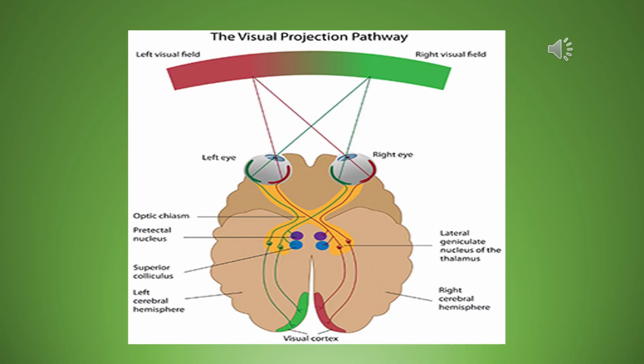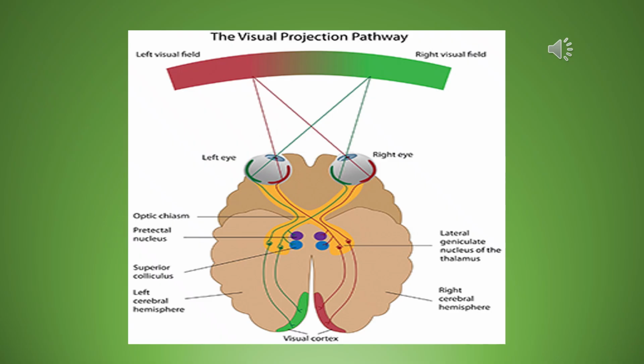Okay, so looking at this diagram here, we can complete the visual pathway. We initiate the sense of vision at the rods and cones. They are the receptors. The ganglion cells issue their axons. Those axons become the optic nerves. The optic nerves cross right in front of the pituitary gland at the optic chiasm. After the crossing, the continuation of the visual pathway is called the optic tracts.